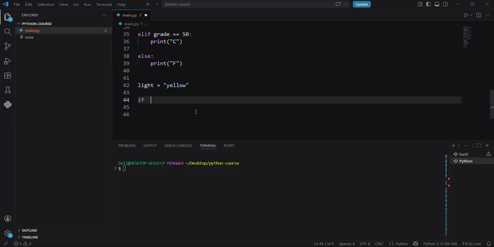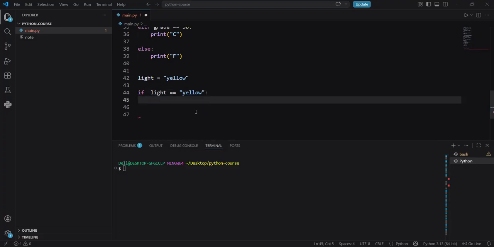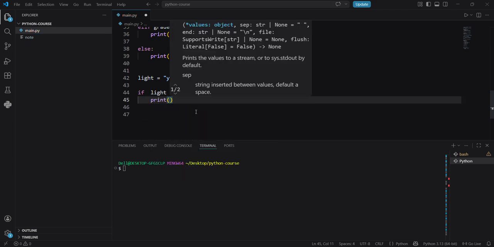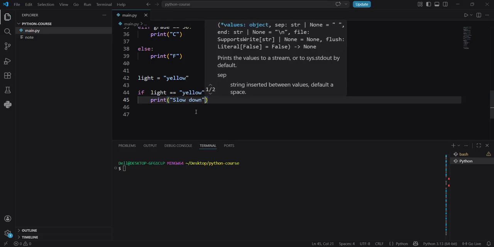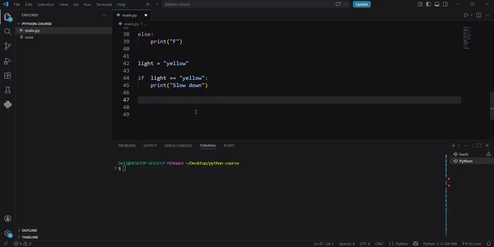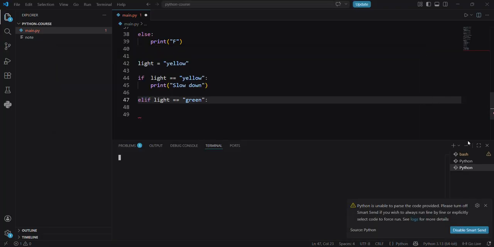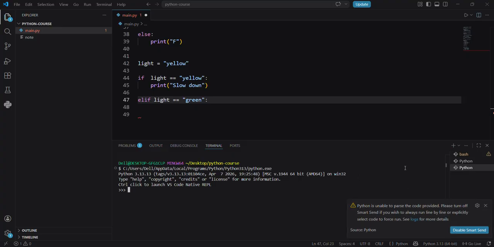We can say if light equals yellow, what we can do, we can print: slow down, it is not time yet to cross the street. Slow down. Now we can use another if statement: if light equals green, what do we do? We say yes,